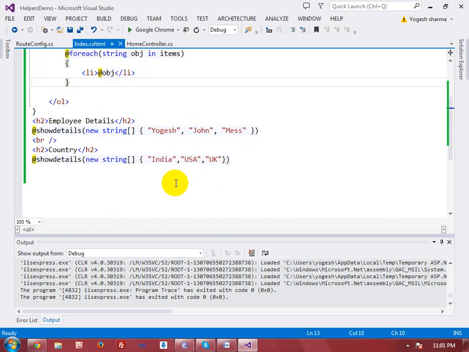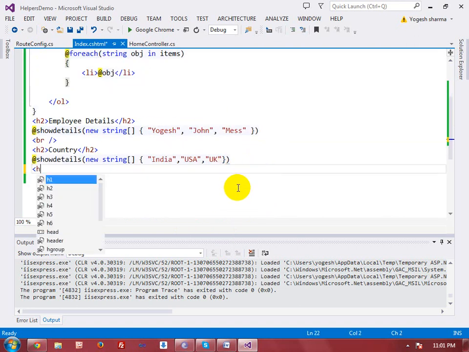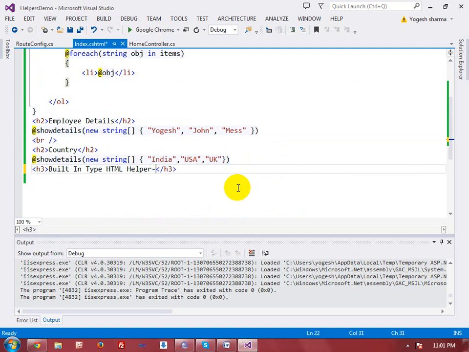So I'm going to start with the built-in type HTML helpers, and in this I'm going to start with the first type of helper, that is the standard helpers, right? Okay,